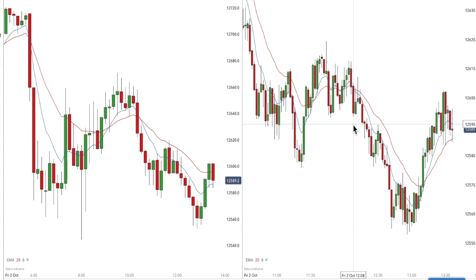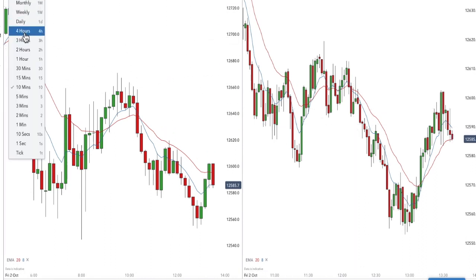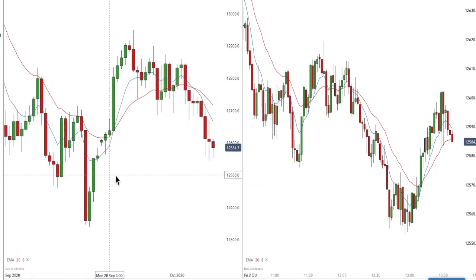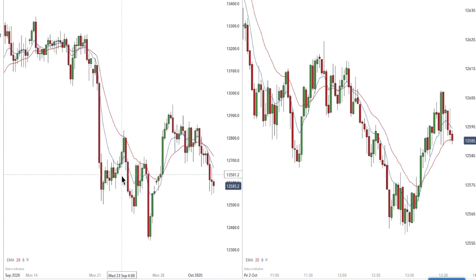And so, my aim for my students is to give them the knowledge, give them the skills to be productive, consistent traders. And whether they trade over weeks, months, years or minutes, the price action is the same on each chart. If I switch this from the 10-minute chart to the 4-hour chart, it's the same thing. It's exactly the same thing.